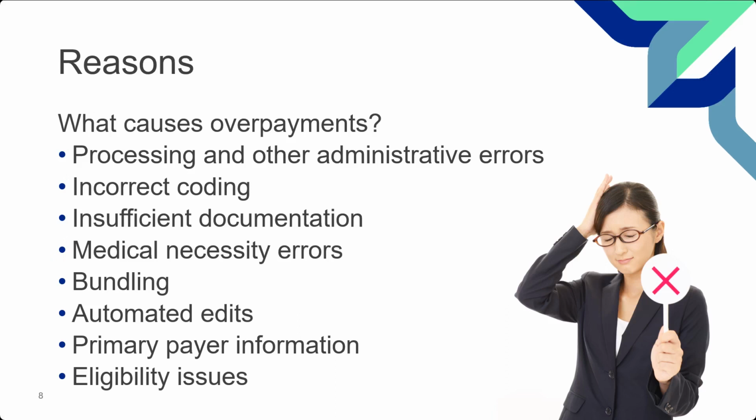Now, an eligibility issue is one that we already previously mentioned, and we'll talk more about it, but it's the Medicare Advantage plan. Once a patient becomes eligible for a Medicare Advantage plan, even if the effective date is entered and it's retroactive, we will take our money back. Okay? Which leads me to the next slide.